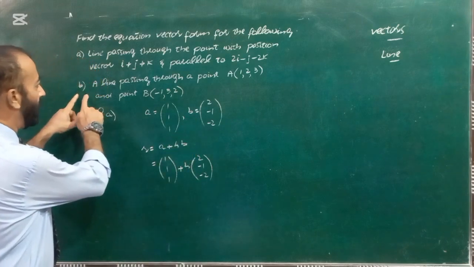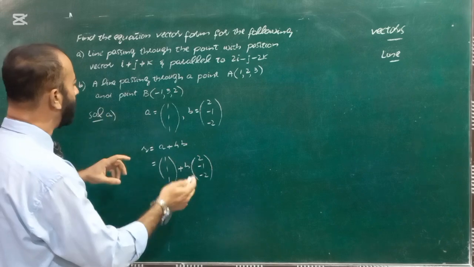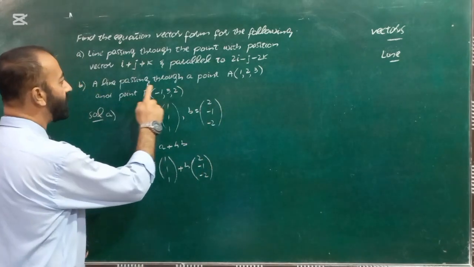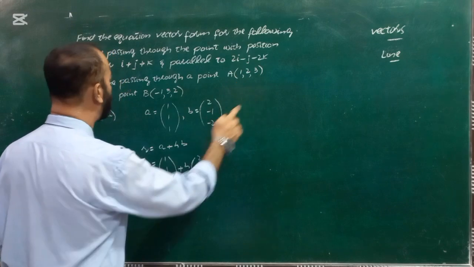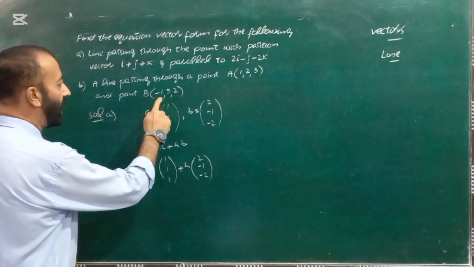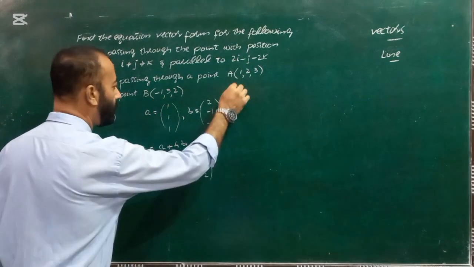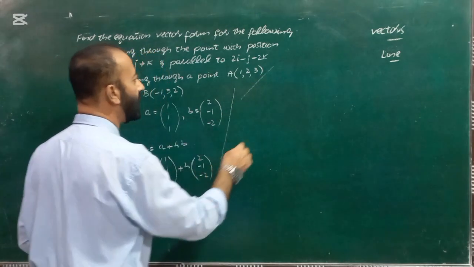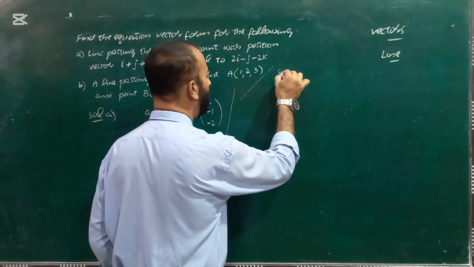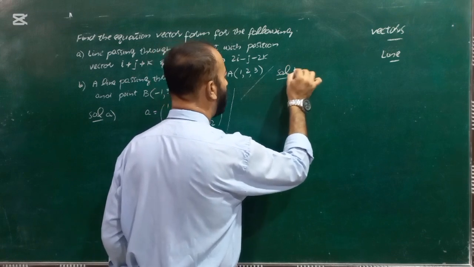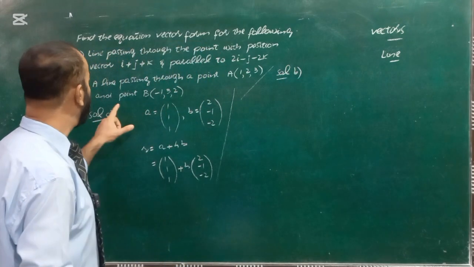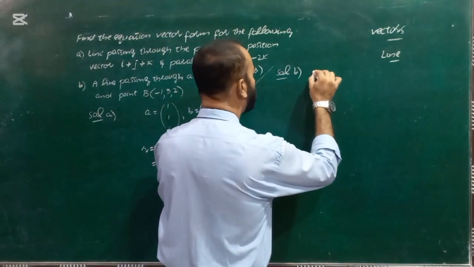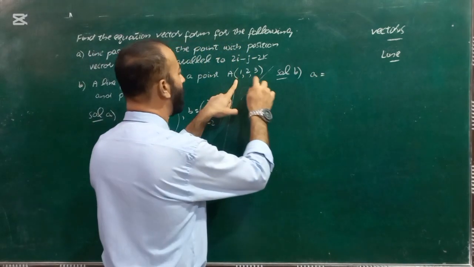Whereas in part B, so be careful, this is the other form of the category, that is line. A line passing through a point A 1 2 3 and the point B -1 3 2. So be very careful, this is the second form. So this will be solved in different way. So solution of B part. So the first point that is given will be the position vector. So that is A is 1 2 3,